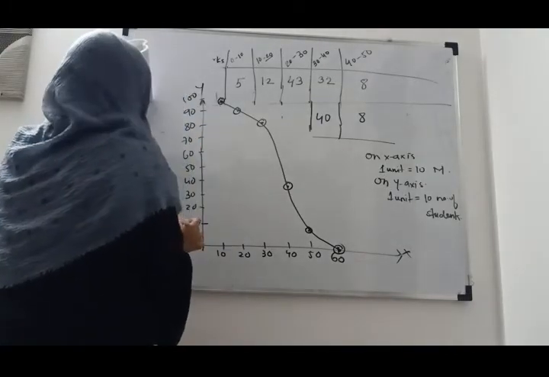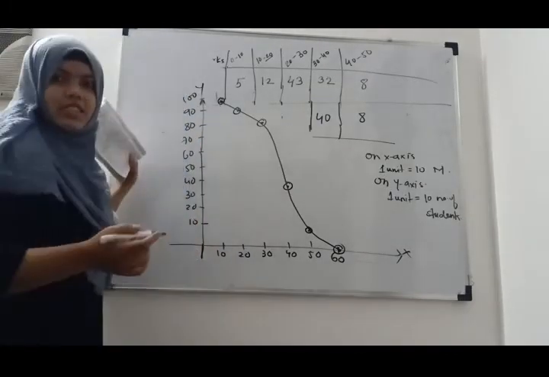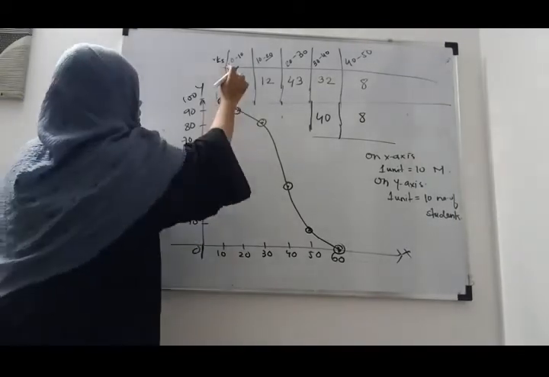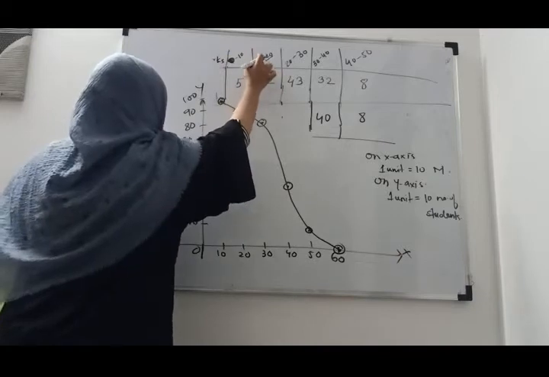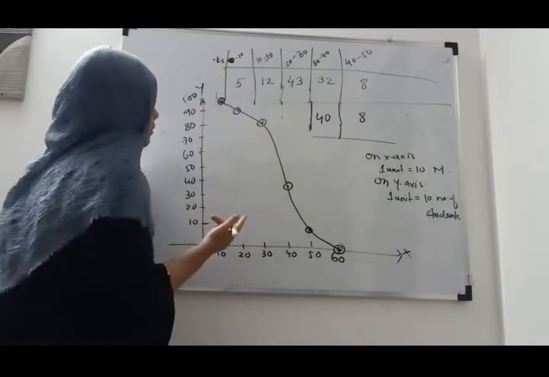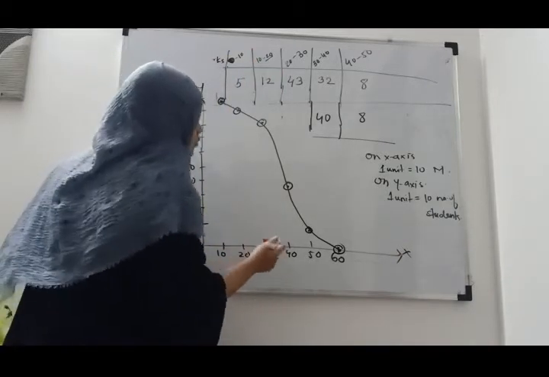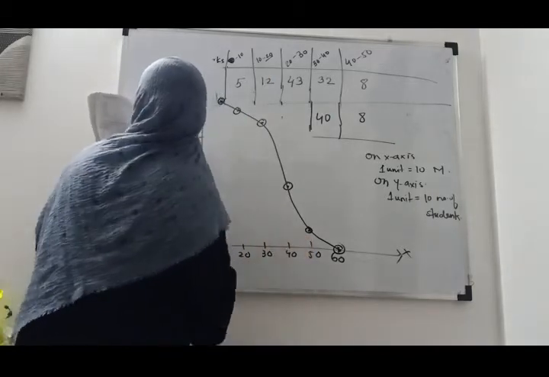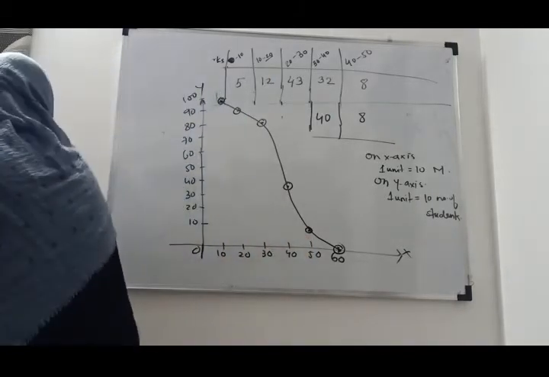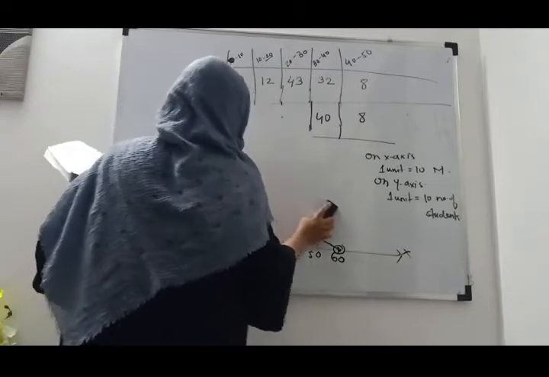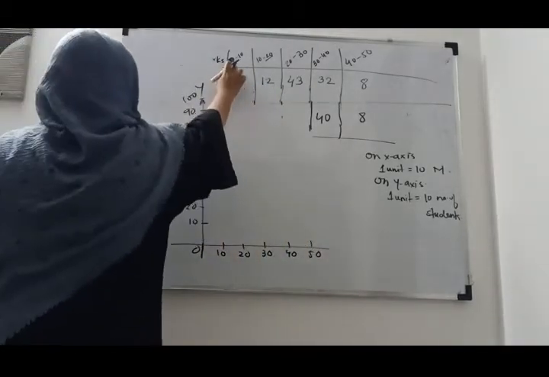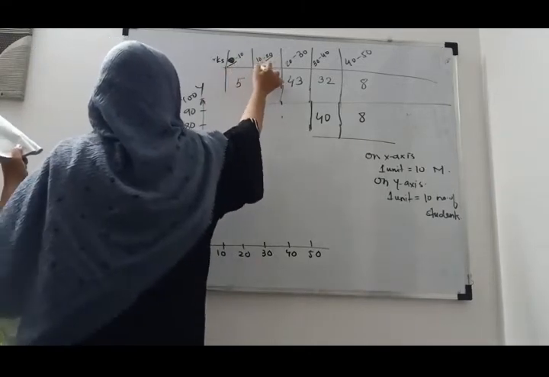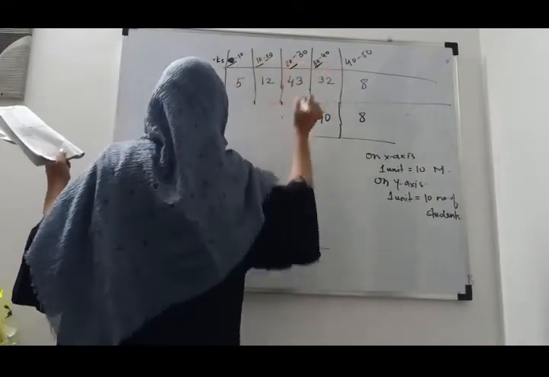Here we have to take 0 as well because we are considering the lower limit, right? So here 0 will be there because 0 is the lower limit. The next lower limit is 10, the next lower limit is 20, 30, 40 and here it will start with the 50. We did one mistake. We will rectify this. See, lower limit is 0, then 10, then 20, then 30 and 40.